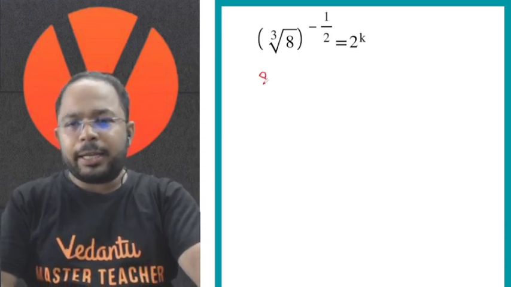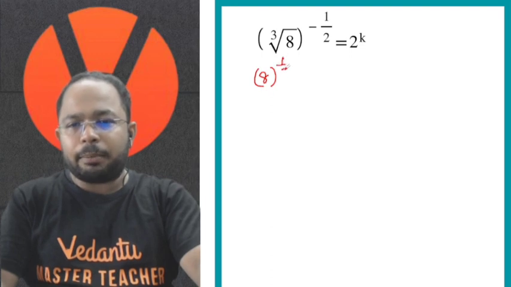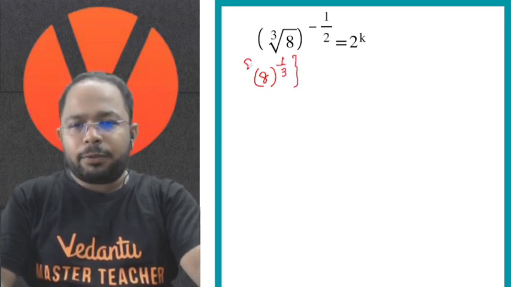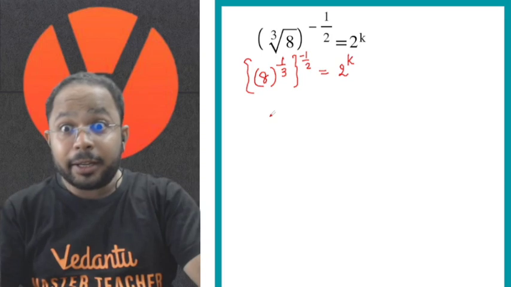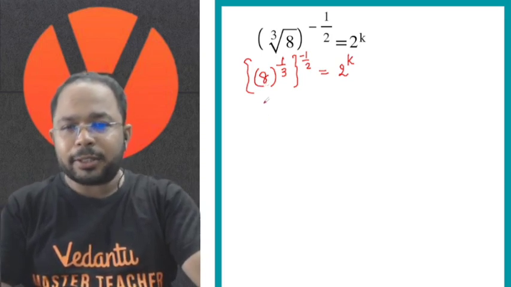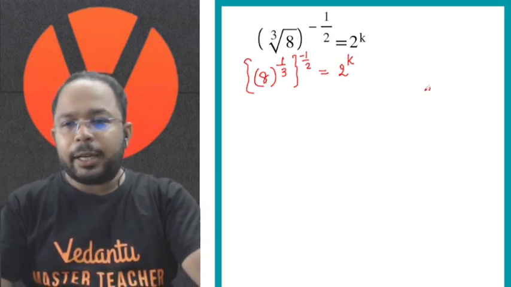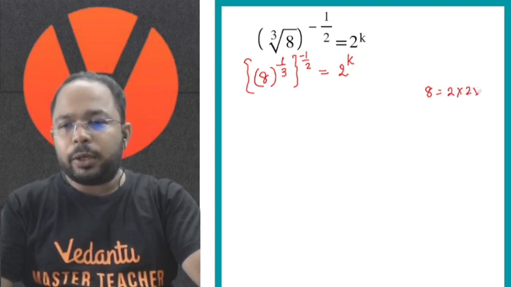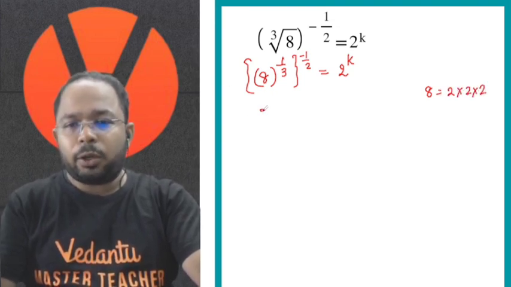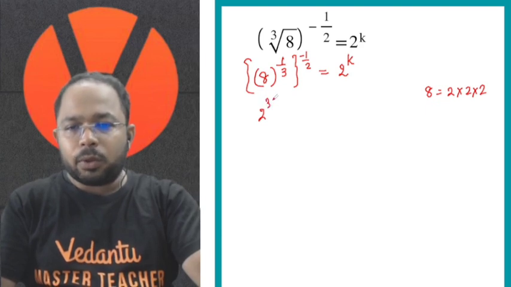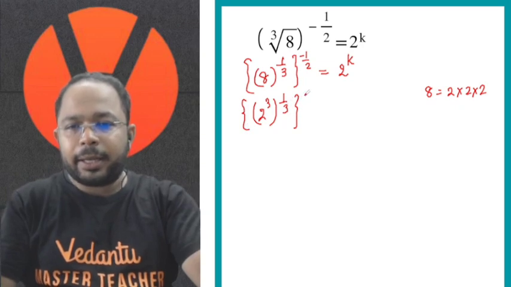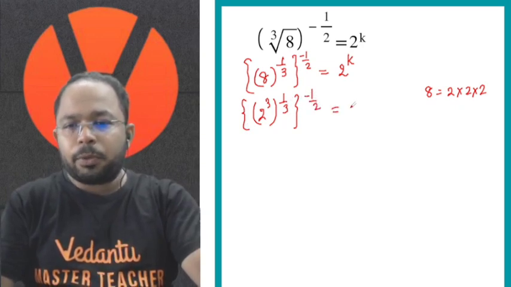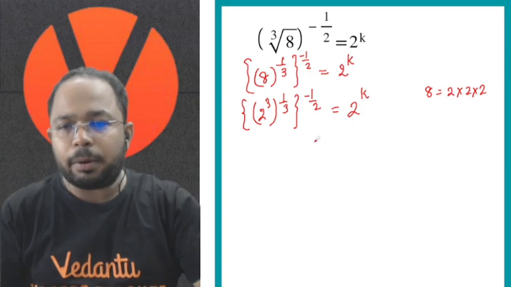So यहाँ हमारा 8 है, 8 का पावर हम लोग क्या लिख सकते हैं 1 by 3, उसका पावर फिर से दे रखा है minus 1 by 2 इक्वल टू 2 to the power k। क्या करें सर? कर सकते हैं, बहुत कुछ कर सकते हैं। 8 को लिख सकते हैं 2 into 2 into 2। सो 8 को लिखेंगे 2 to the power 3, उसका पावर 1 by 3 और ब्रैकेट दे देंगे, यहाँ हमारा minus 1 by 2, इधर राइट साइड में 2 to the power k।